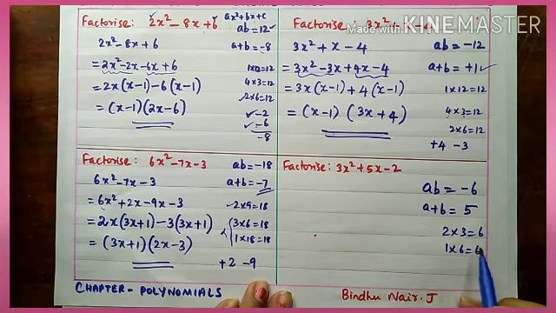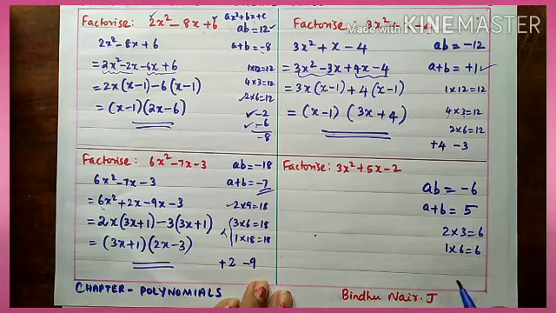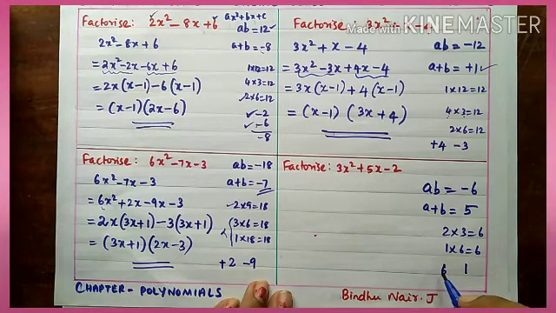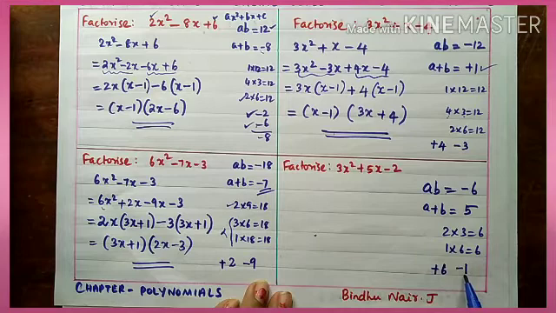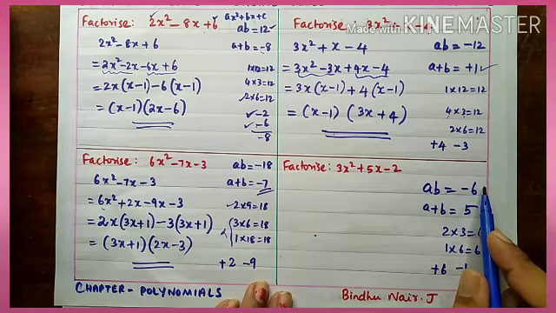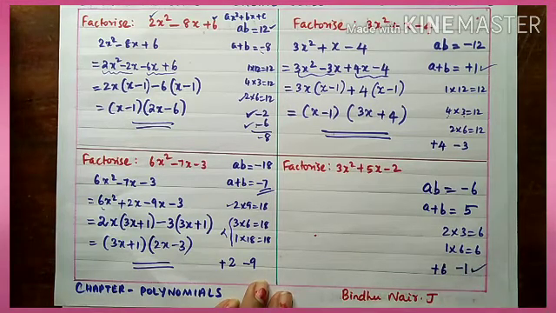So how will you do, children? If you want minus 6, we can put, yes, all of you, yes, if you are taking 6 and 1, if I am putting 6 for positive and 1 for negative, now you add these numbers, plus 6 minus 1, you get 5, and when you multiply plus 6 and minus 1, you will get minus 6. Okay, so these are the required two numbers.